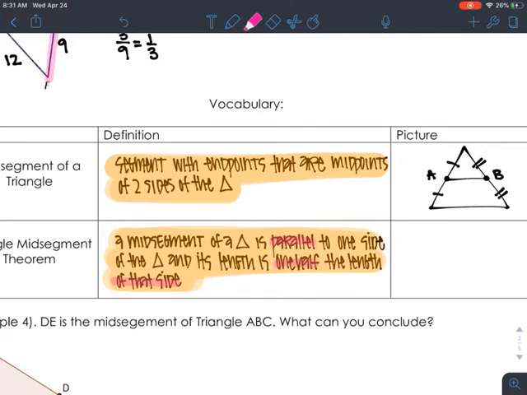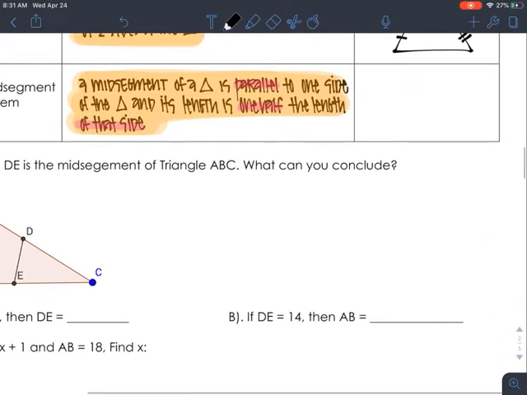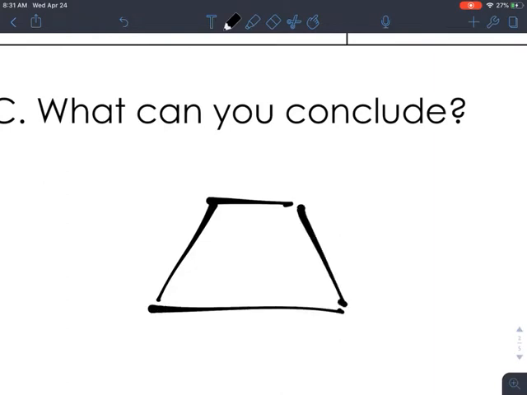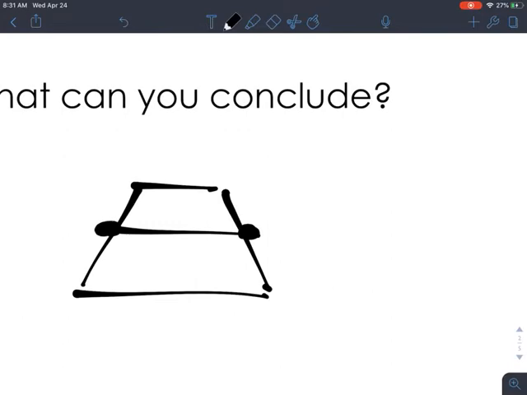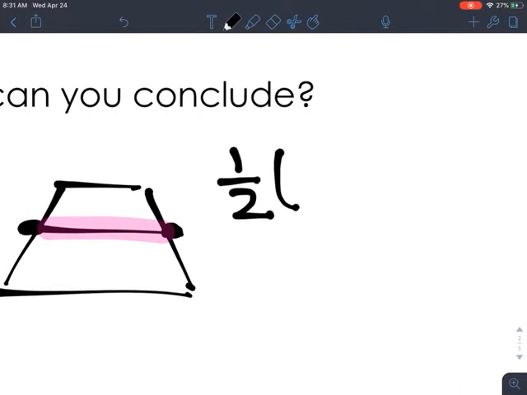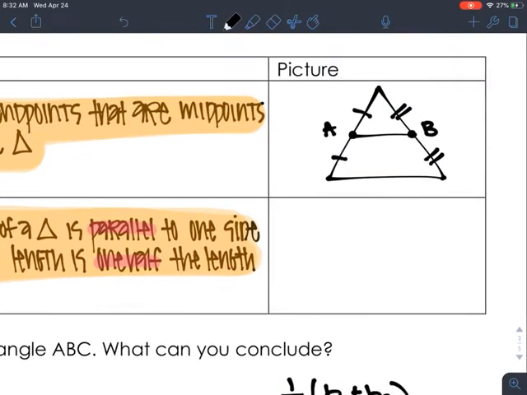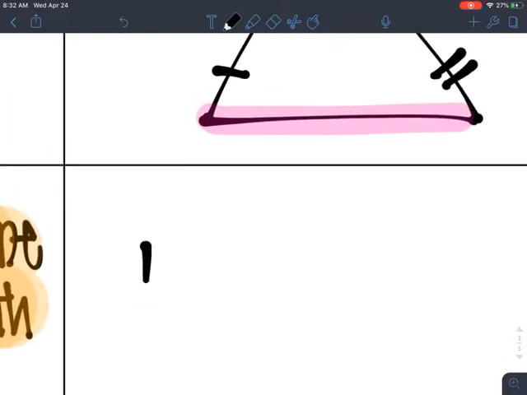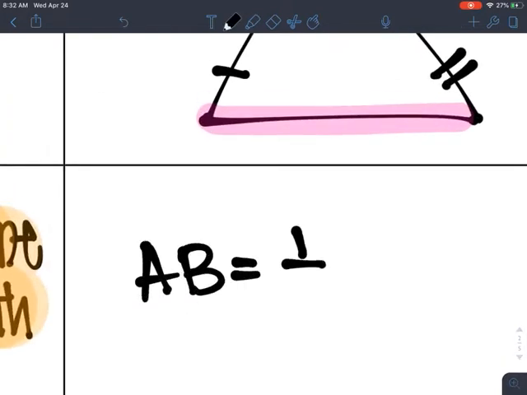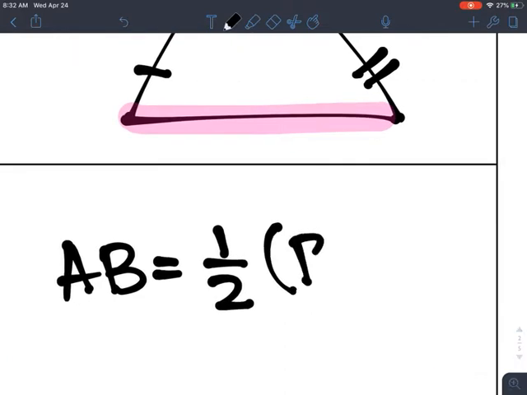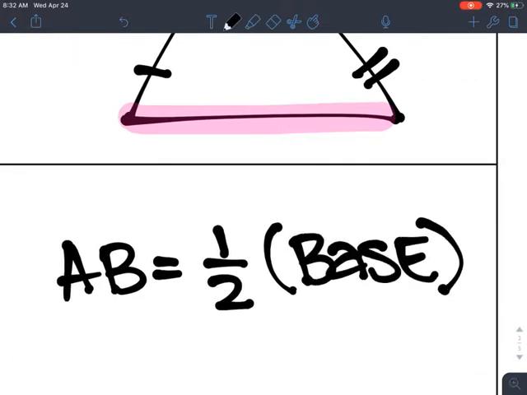This should make sense to us because when we were talking about mid-segments of a trapezoid, and let's say this is our mid-segment, we found that the length of this mid-segment was 1/2 the sum of the two bases. That's for trapezoids. But for triangles, we only have the one base. So the length of AB has to be equal to 1/2 that base,